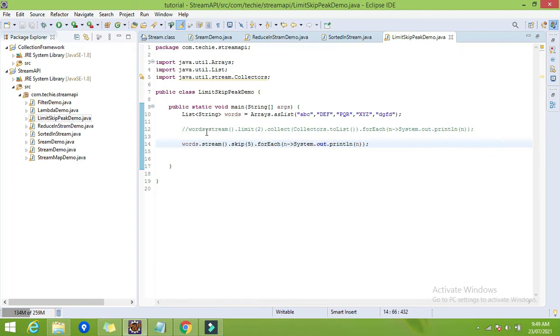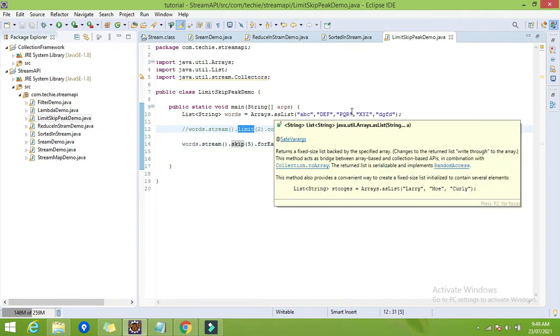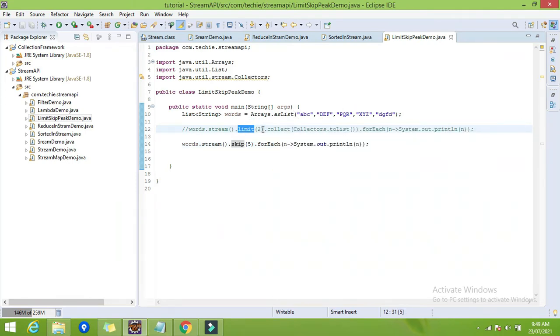So now we have seen two methods. First one is limit and second one is skip. Limit limits the number of elements. It will consider only the number of elements we have specified. If you specify 4, then it will consider only the first 4 elements.